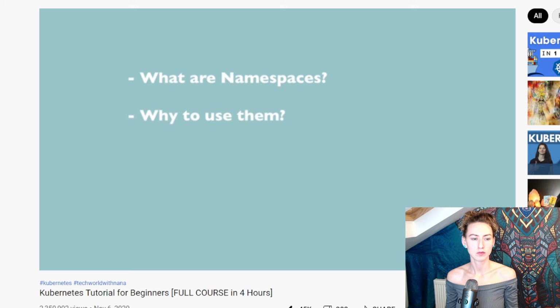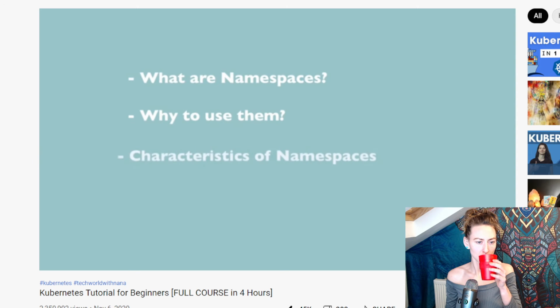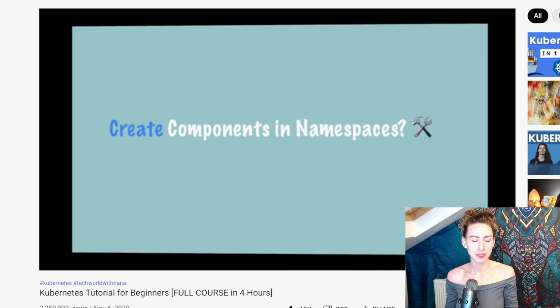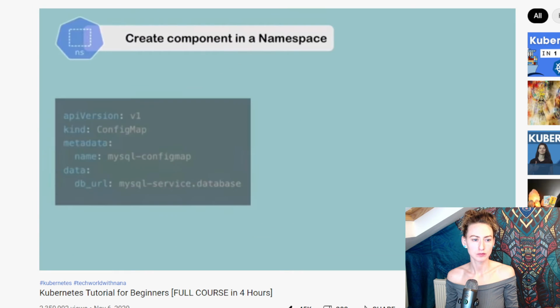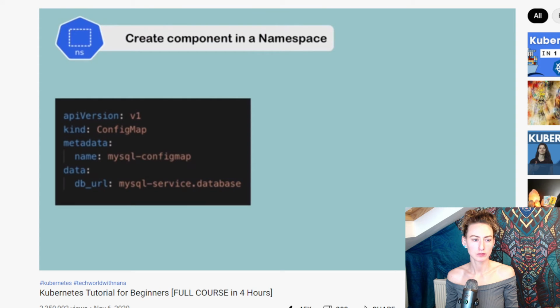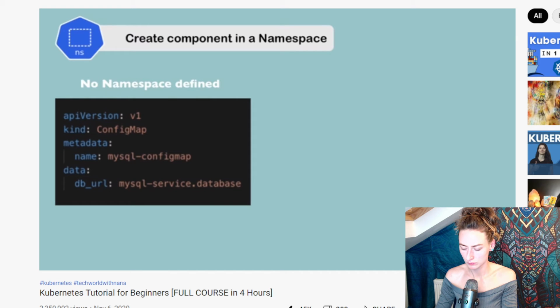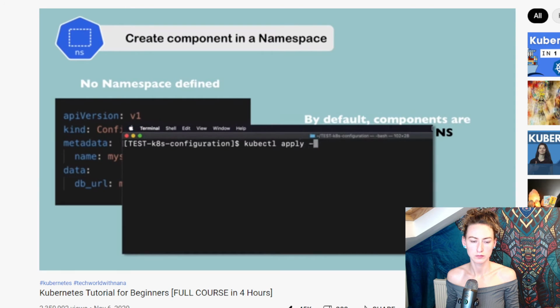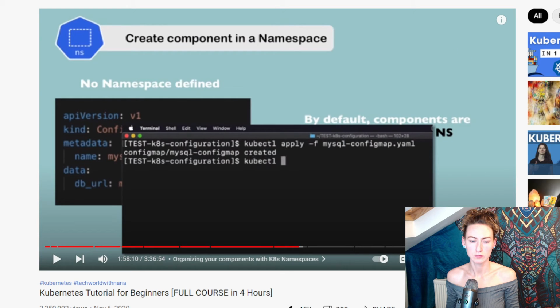So now that you've learned what namespaces are, why to use them, in which cases it makes sense to use them, and also some characteristics that you should consider, let's actually see how to create components in a namespace. In the last example, we've created components using configuration files, and nowhere there have we defined a namespace. So what happens is by default, if you don't provide a namespace to a component, it creates them in the default namespace. So if I apply this config map component, and let's do that actually right now, kubectl apply -f config map. If I apply that and I do kubectl get config map,